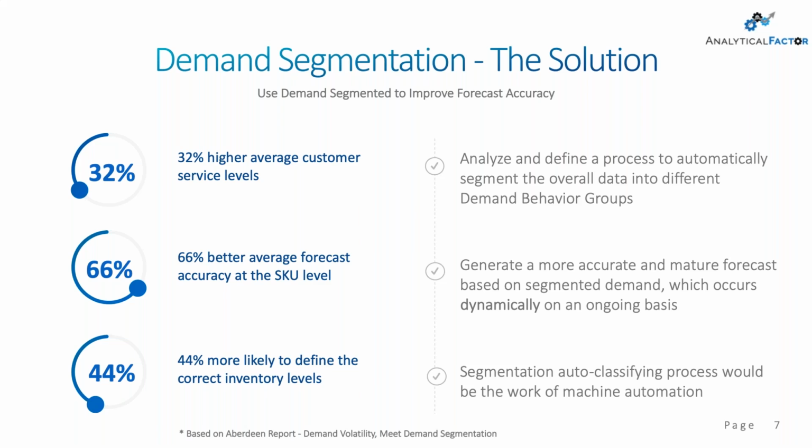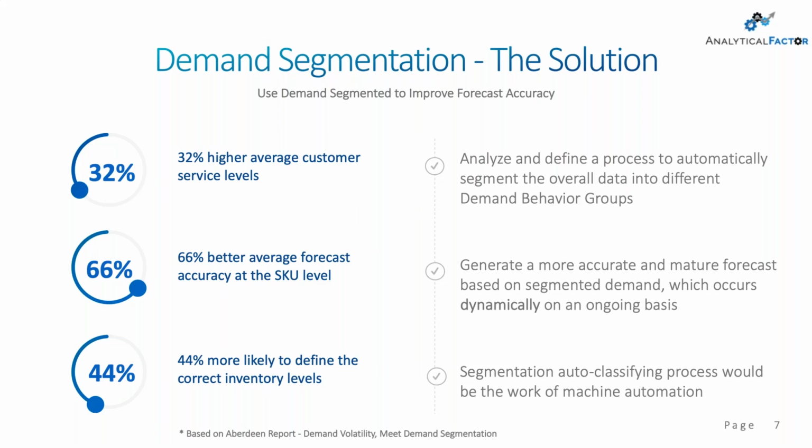They are improving their focus, from where they didn't have segmentation before, by 66%. Another thing that is very important is that it gives them the focus to know on which items they need to have extra inventory. They're not going to build inventory on all the items. On the slow movers, they definitely are not going to do as much as on the fast movers. And that kind of visibility enables them to be more agile.